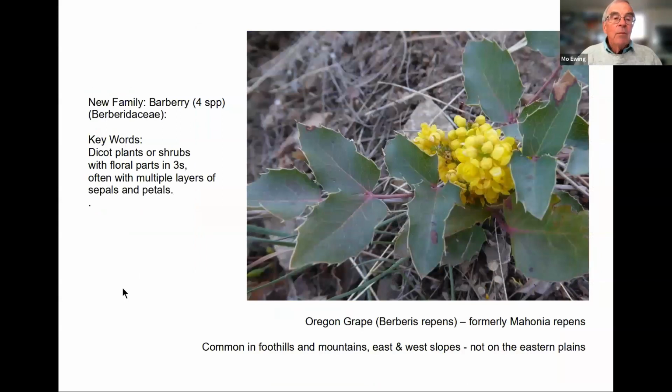This guy, Oregon grape, has spiny leaves. And it's in a new family called the barberry family, which has only 4 species. The key words in this family is it's a dicot plant. Oh,